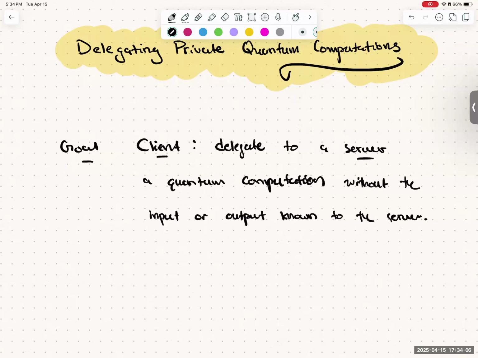So much like blind quantum computation, the idea is that with quantum computation, you envision a state of affairs where quantum computers are relatively expensive or not local to you. And so as a client, you want to delegate this computation to a quantum computer, but you don't necessarily want the server to know what exactly it is that you're doing. Different from the blind quantum computing protocol is that the computation itself, that is the string of circuit elements that you will perform, will be public actually.